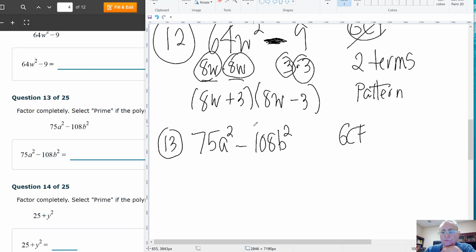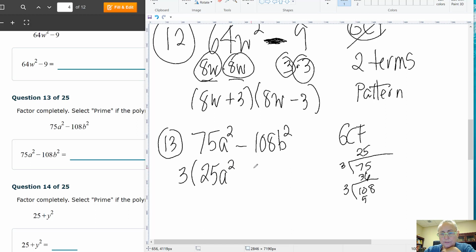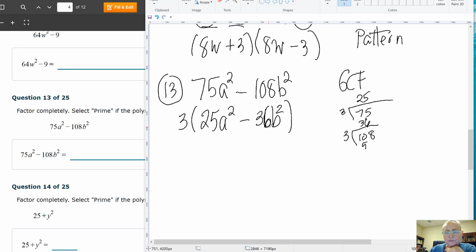2 won't go. Let me see if 3 will go. So I'll get my calculator out. 3 goes into 75. That's 25 times. Okay. Will 3 go into 108? Let's see. 3 times 3 is 9. Yeah, 36 times. So look, it has a common factor of 3. 25a squared minus 36b squared. So I've got to take that GCF out so that I see now that this is a difference of